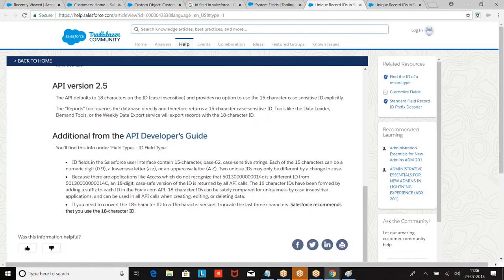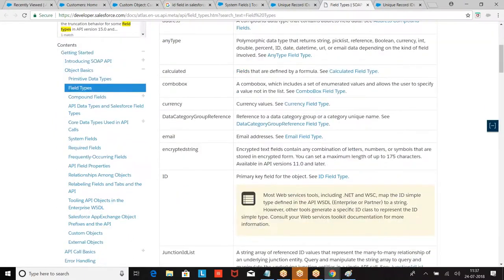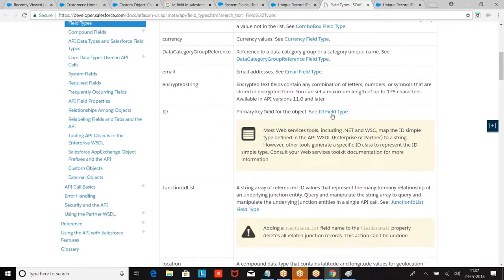Every record we create in Salesforce internally has an 18 character unique ID, which is used to refer to the record.